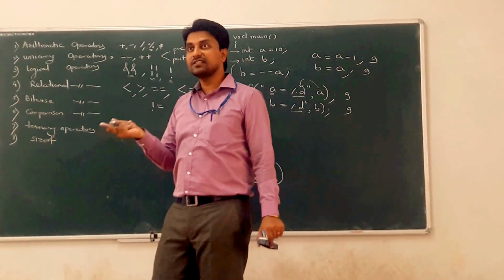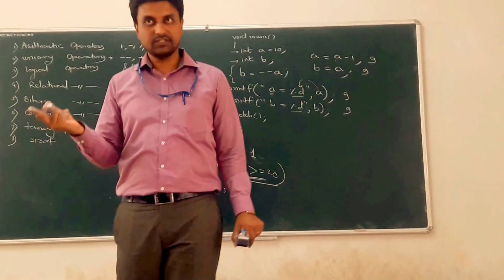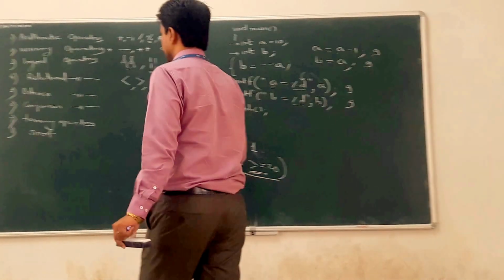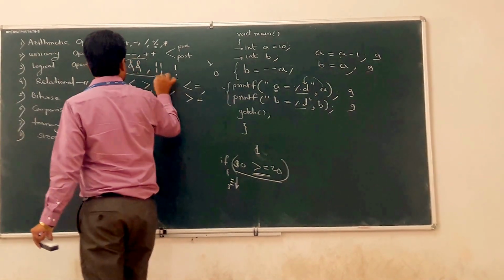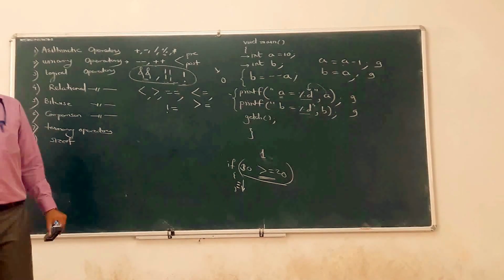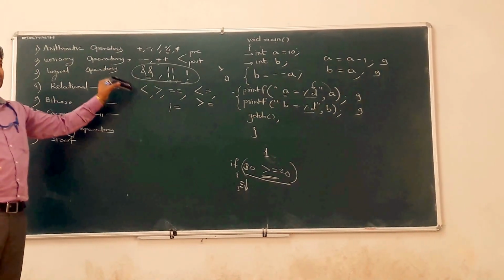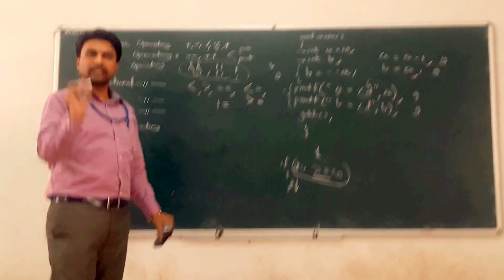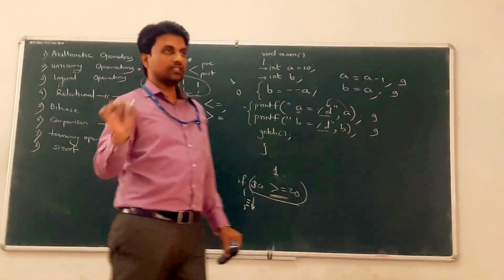And what does it return? It returns true or false. True means 1, false means 0. Clear? As well as logical operators return true or false. These operators are mostly used in the conditional parts of selection, branching,